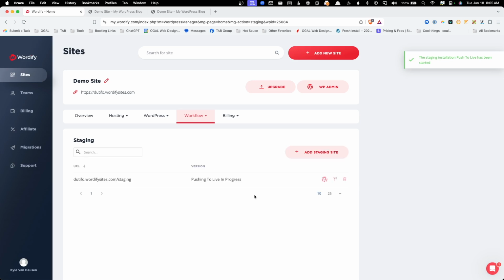Now imagine with such a small site, this isn't going to take very much time. We have a loading icon here, and then we can see that the pushing to live is in progress. So I'll go ahead and pause this until it's ready to go. Now it only took about 15 seconds for this entire site to be pushed to the live version. Of course, it's a very small site, but this was a really painless process, and that can't be said for all hosting companies. Having a good staging setup is very important, and I'm really impressed with just how easy this